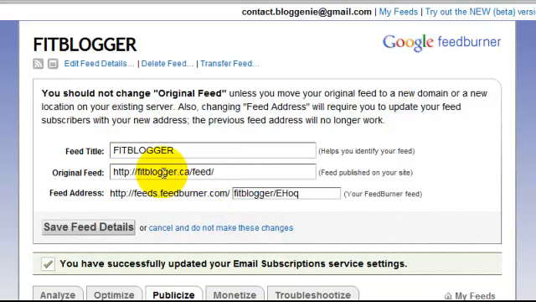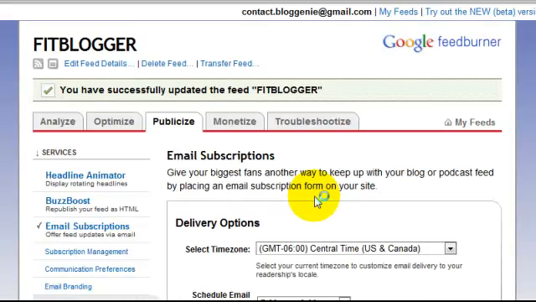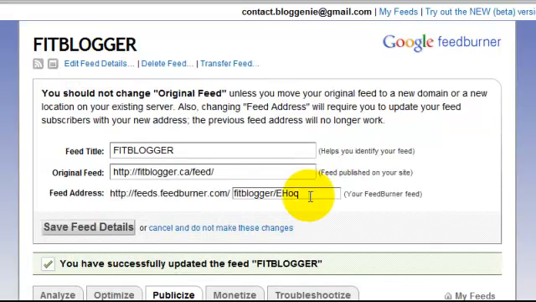So all you have to do is your original feed's up here. All you do is erase it. You get the new feed from your new blog the exact same way we just did it. You copy and paste the feed address in here, and you hit Save Feed Details. And as you'll notice, the feed address has stayed the same. And the feed address here is what is linked to people's RSS feeds, their Google readers, and their email addresses. So even though this has changed, this stays the same,